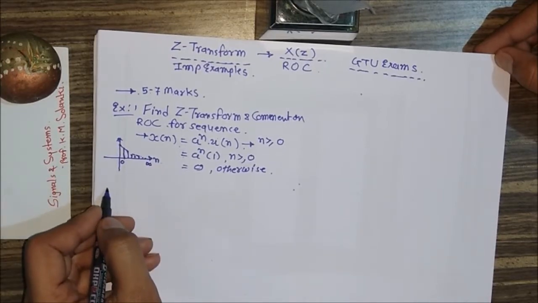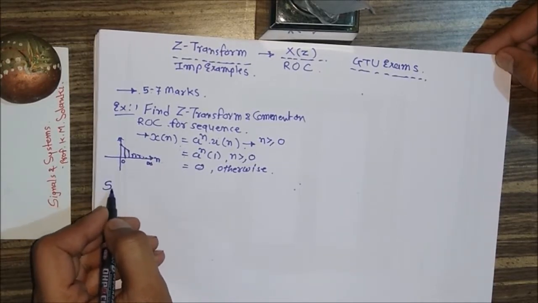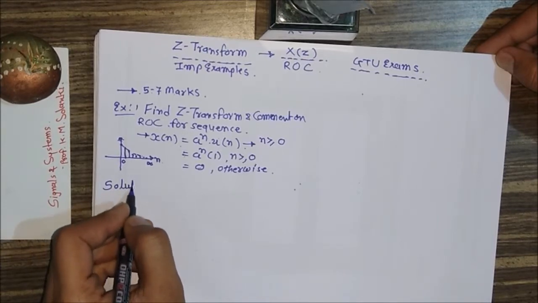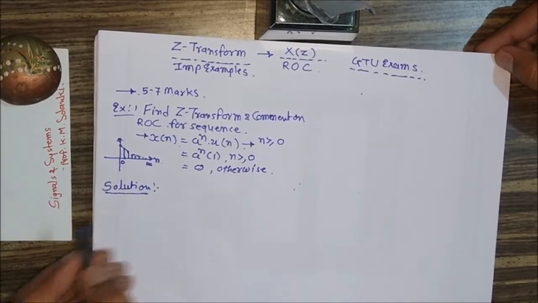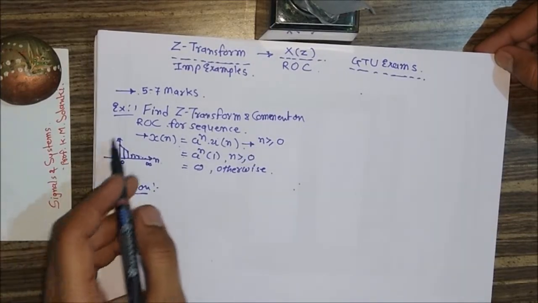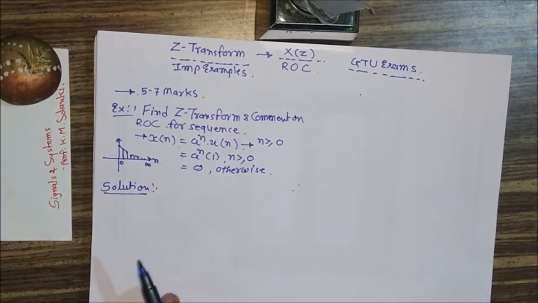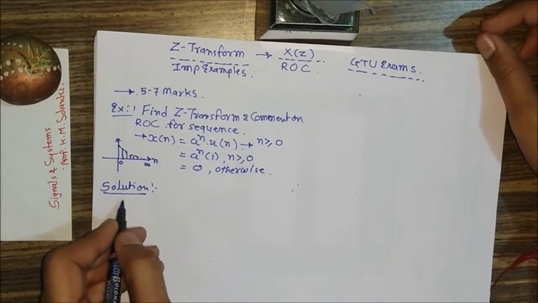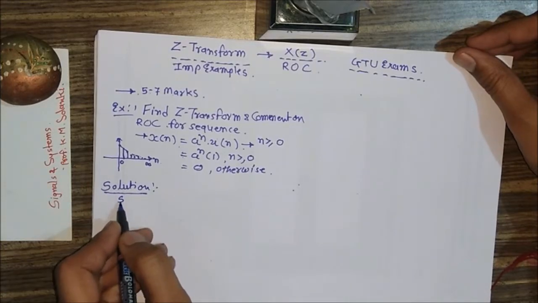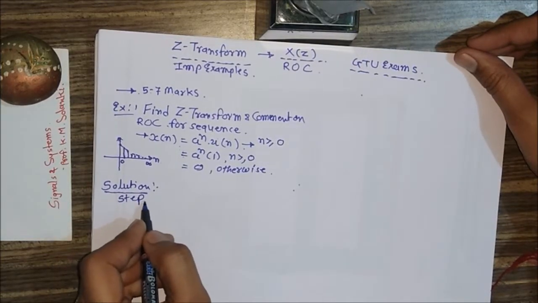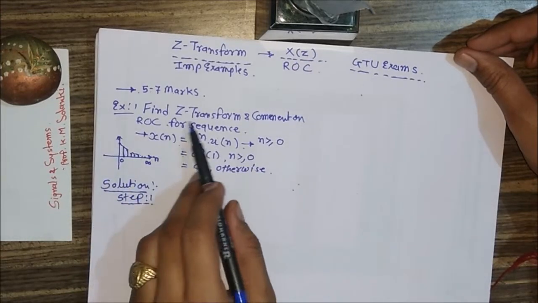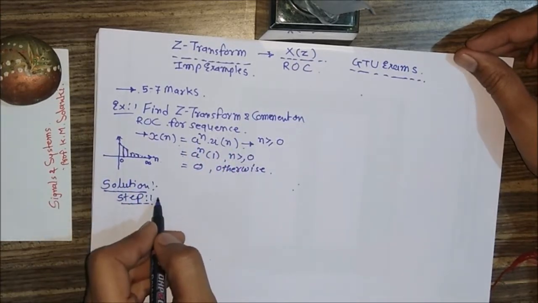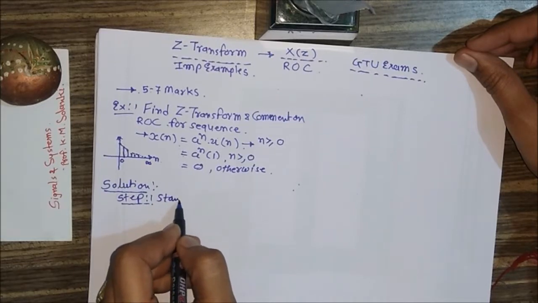So now we'll first see what would be the steps of the solution. Now to solve this example, we should follow these steps to get full marks in the GTU exam. So we can easily get full marks in the GTU exam if we follow the steps effectively. So step 1 is always common in every example of Z transform. It is the standard definition